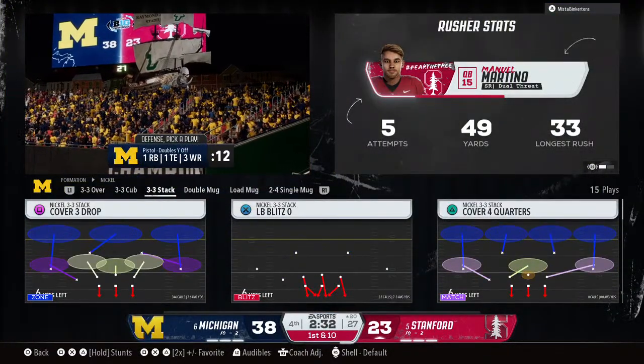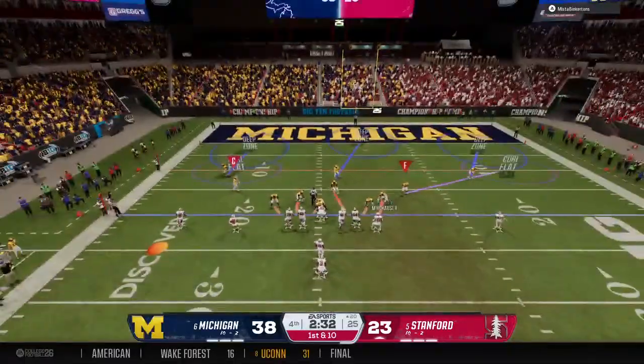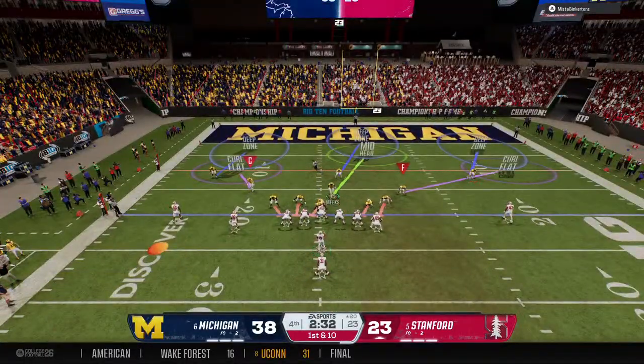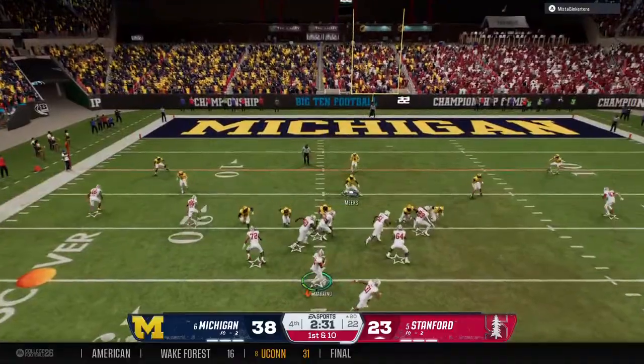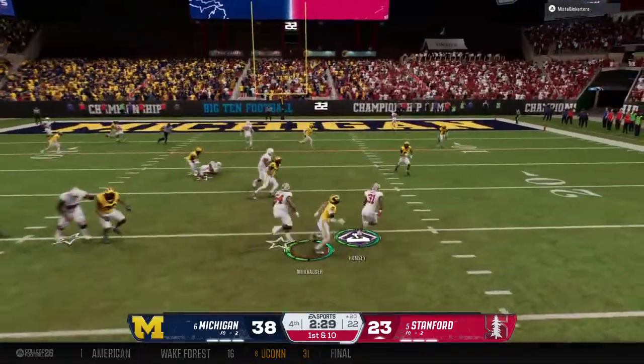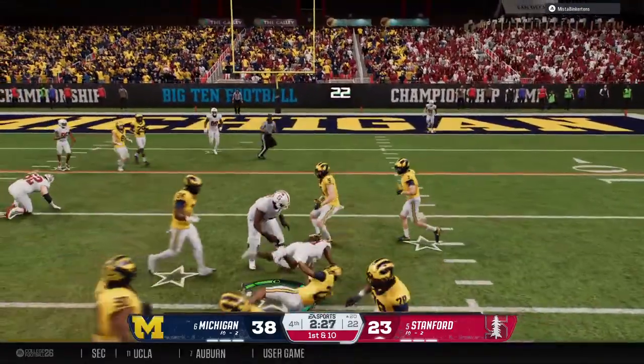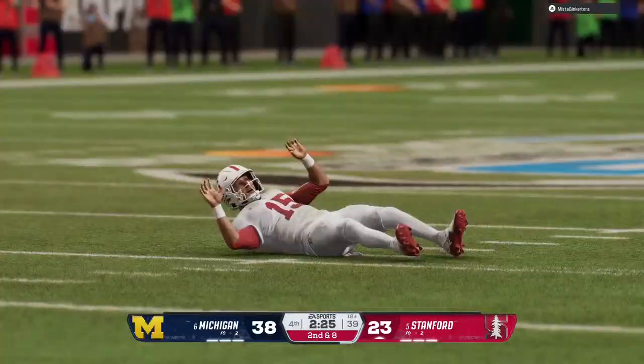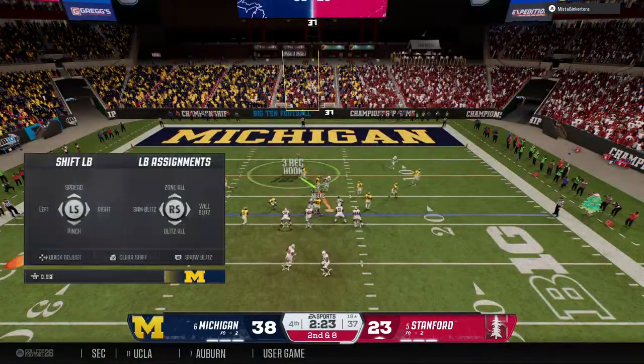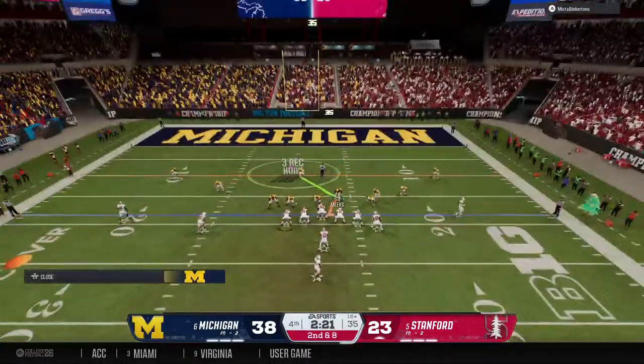Great job here by this quarterback. Nobody's open, so he just takes off and shows you what he can do with those legs. Most importantly, he gets the first down and gets out of bounds to avoid a big hit. Gain of 2 yards. Now it's 2nd down and 8. No huddle here for the offense.